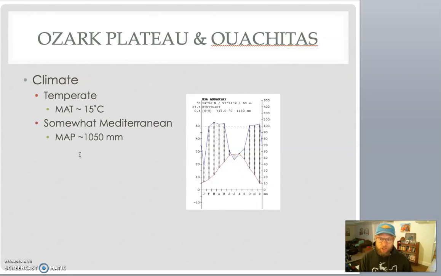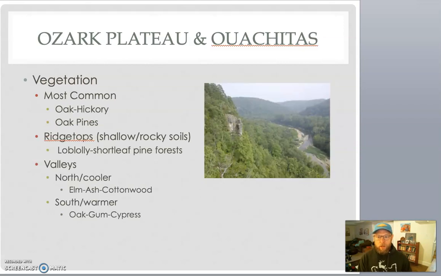So climate, this is just one climate diagram, but what I want to highlight here is that we actually have a fairly distinct dry season throughout parts of these two physiographic regions. And so that means plants that are more drought tolerant, or forest cover types that are more drought tolerant, are going to be ones that are more common in these regions. And so that's what we see, is lots of oaks, hickories, and pines really dominating both of these physiographic regions. So oak hickory is really the dominant,